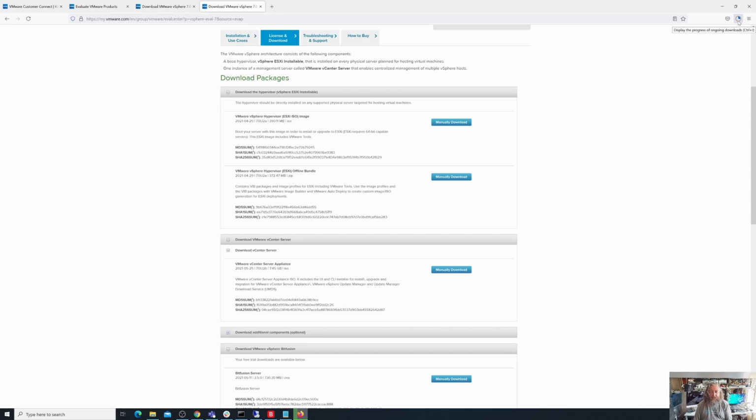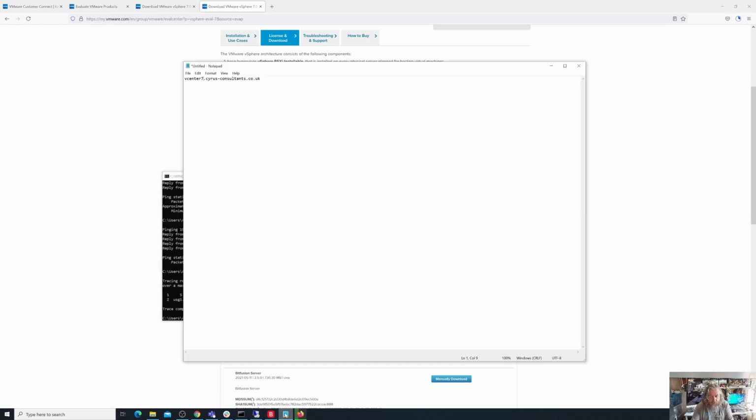Whilst you're waiting for the appliance to download, make sure that you can, first of all, record down an IP address and create an A record in your DNS for that server. So for instance, we're going to use here vCenter7.cyrus-consultants.co.uk, and I'm going to give it the IP address 192.168.182.136,